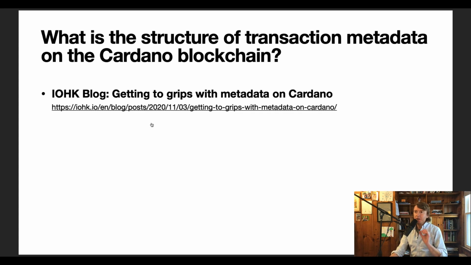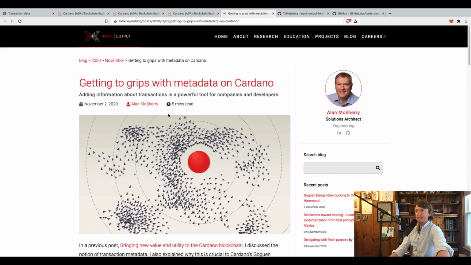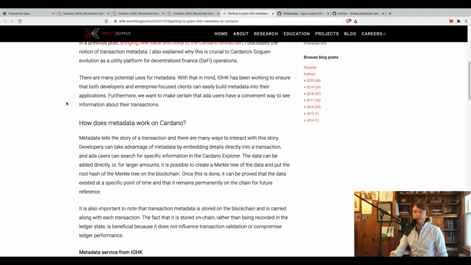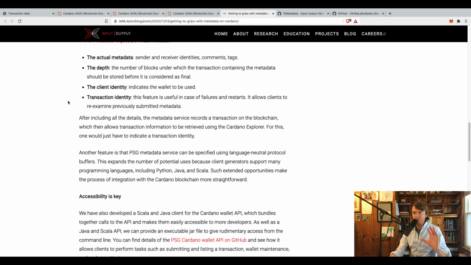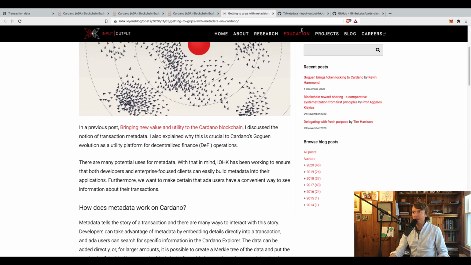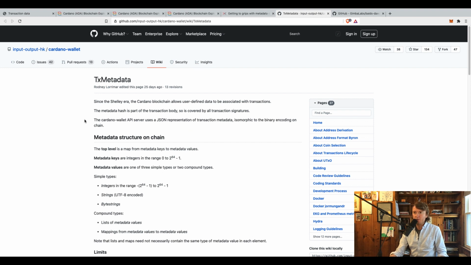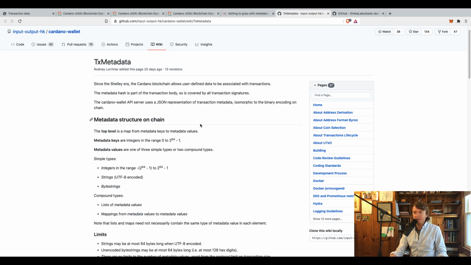If you're looking to go deeper into how metadata works on Cardano, I would strongly recommend this blog post as a starting point. Alan McSherry wrote this a month or so ago, and there's a lot of links in here. A lot of what I'm sharing with you today, I started learning by reading this and by following through with the links he shares. Okay, so I just want you to know this is here. There's links to some GitHub repositories where you can go deeper in,